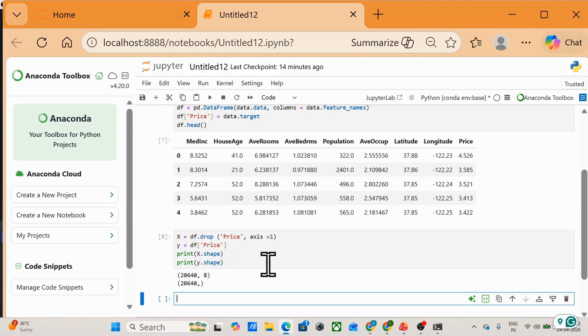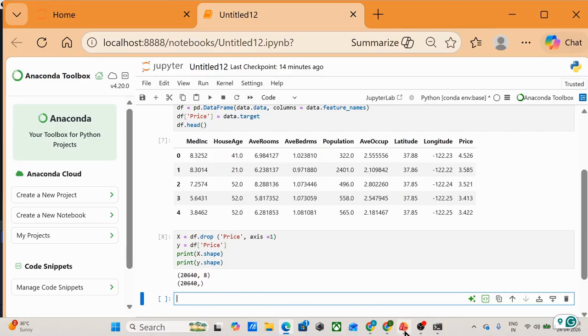Here I have already defined our features and target. X contains all the independent variables and Y contains the house price that we want to predict. We also print the shape to understand how many samples and features we have. Okay, so you can actually see here we have 20,640 samples and 8 features.